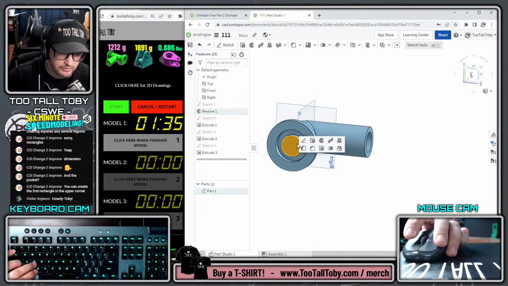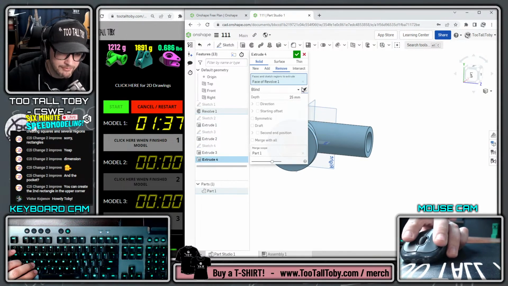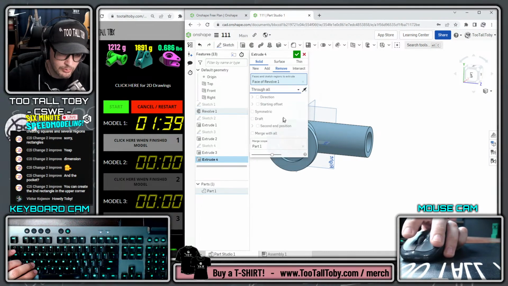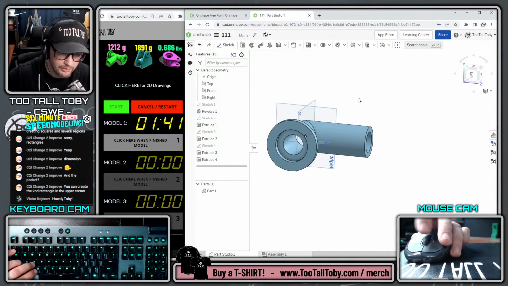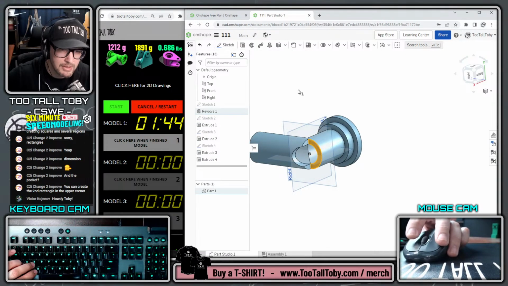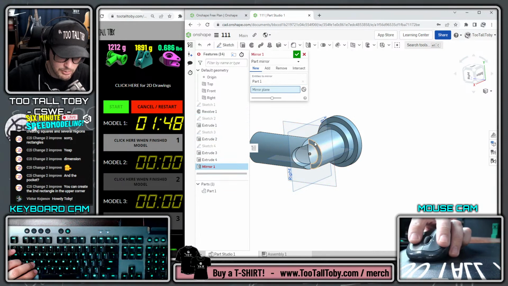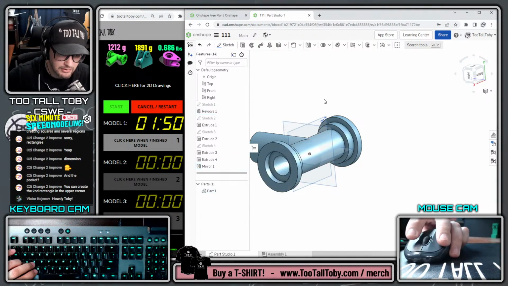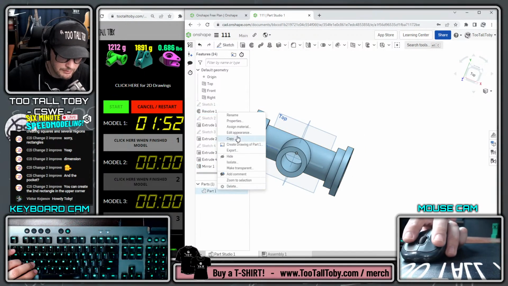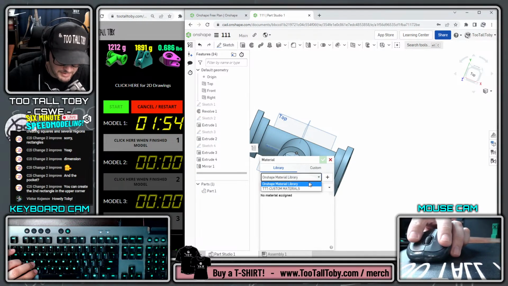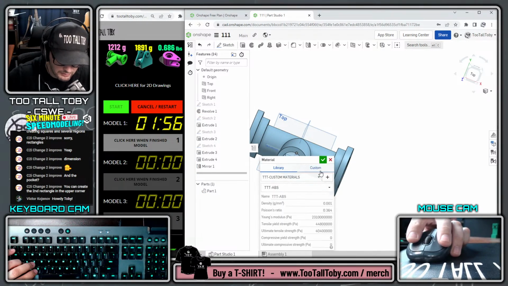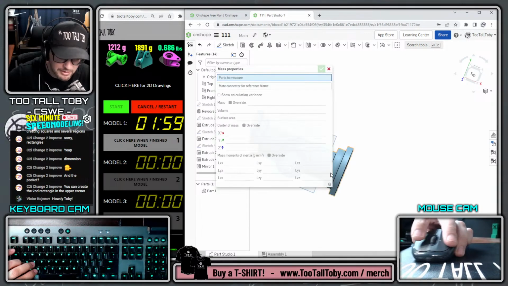And then this can be extruded directly from the face, and I can just do a remove through all and just blast that through the whole thing. Now we can do a mirror. Hopefully the mirror will fix that other issue too. So this is going to be a mirror plane here, and now we can assign a material. That's going to be ABS, and we can do our mesh properties, and